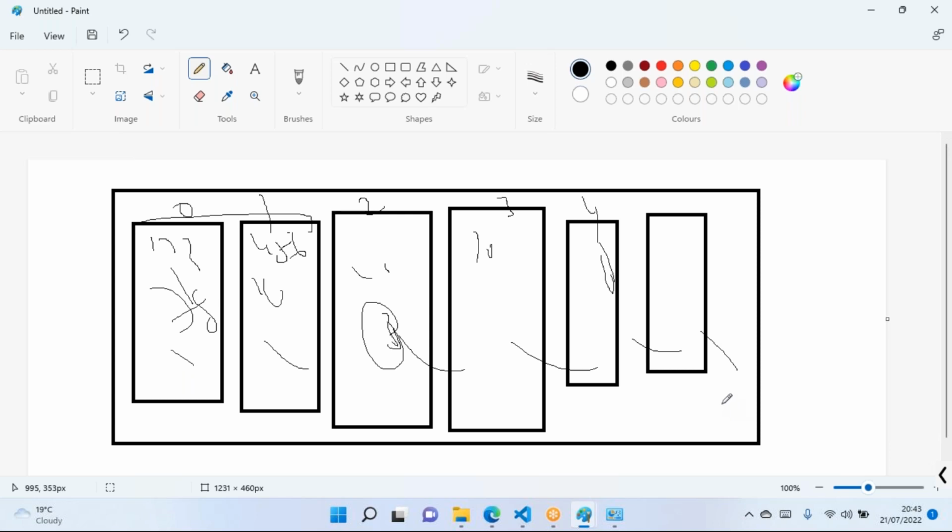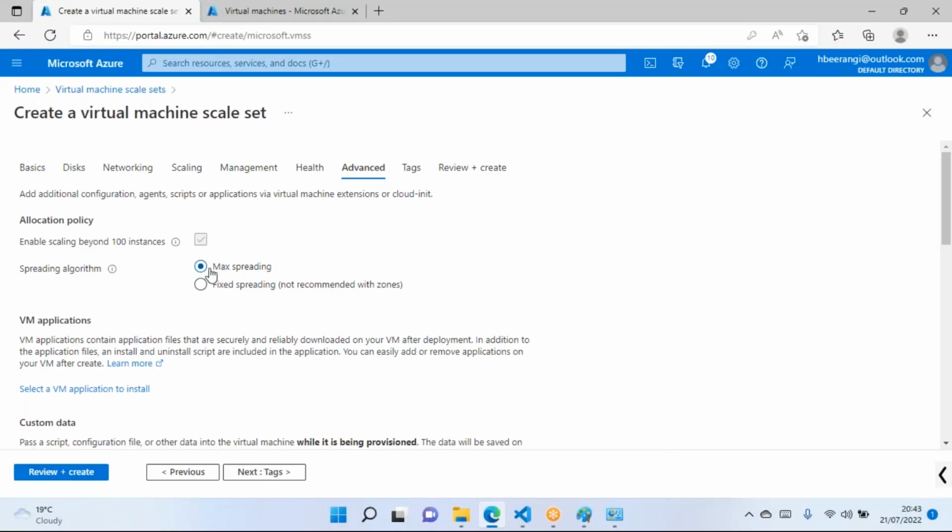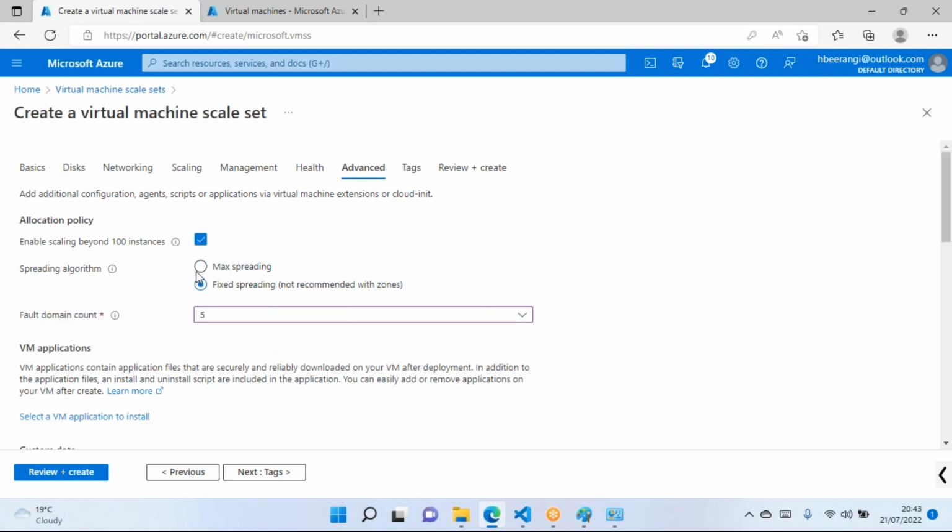If at all there is space, sometimes it may deploy many VMs in one place, but all the VMs will not be deployed in one rack. It will be distributed for sure because you are looking for maximum spreading. Now let's go with maximum spreading. Since it is a lab, if you want, you can go with the other option as well. You can play with the settings